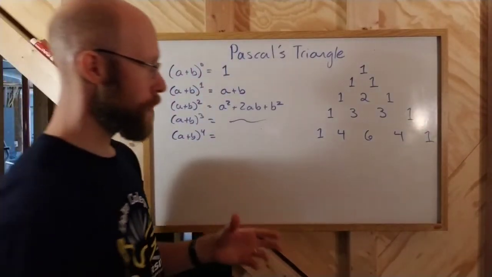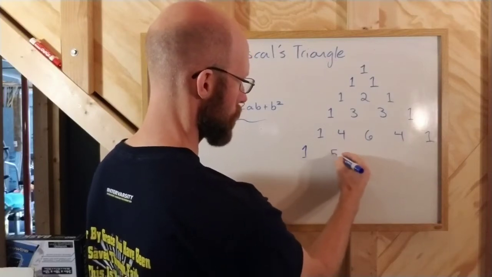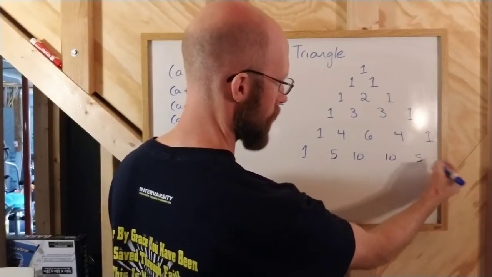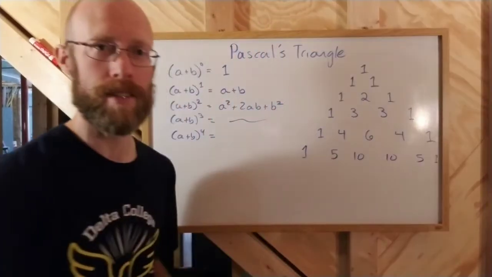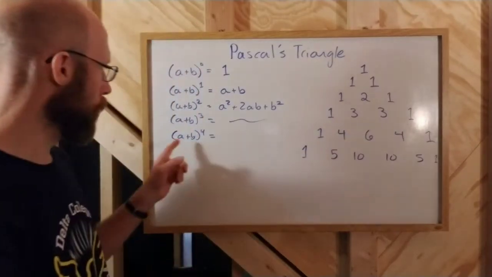So we're going to have this pattern continue, and the next row would be 1, and then 1 and 4 is 5, 4 and 6 is 10, 6 and 4 is 10, 4 and 1 is 5, and I'm running out of room, but there's a 1 on the end down there. Okay? And then so forth. And so for every power that you have,